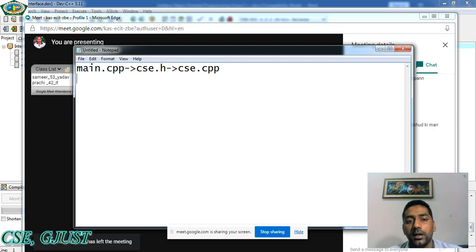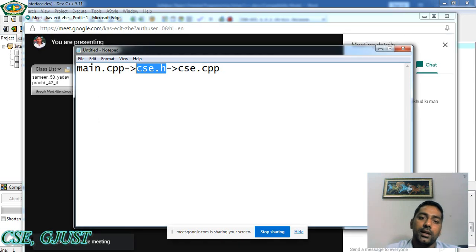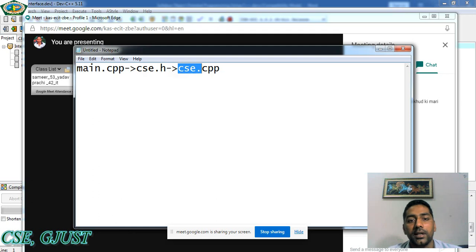This csc.h header file is defining the conditions for your attendance, for your semester exam, the length of semester exams, how many lectures can be delivered, what type of program will be organized. So every instruction is given inside this file, and csc.cpp is defining the rule. Like our department is considering every rule, and teachers are taking classes. So the definition is available here. Your attendance is considered by the teacher. So this is working just like a department.